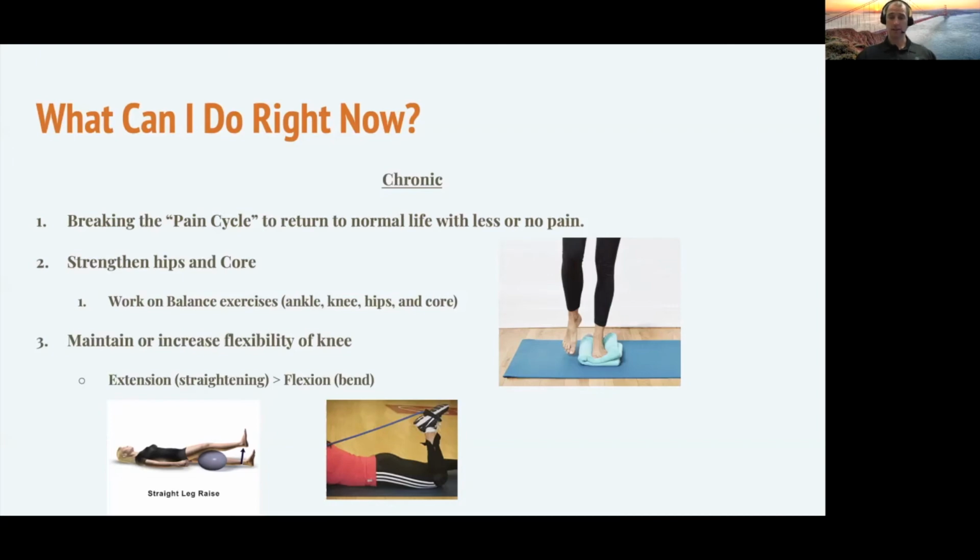And this is an example. In this image, a person's got a towel down. It's folded up. That makes the surface softer and a little bit more challenging. And she's got her toe kind of tapping down to try and balance and maintain that posture or position. Now, what we can't see is, I wish I could zoom out a little bit or pull this picture up and see the hips.